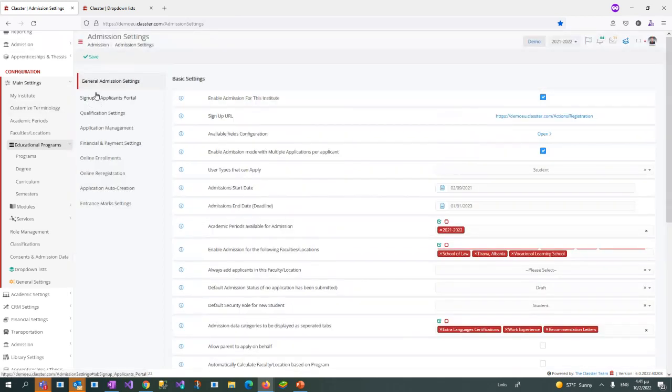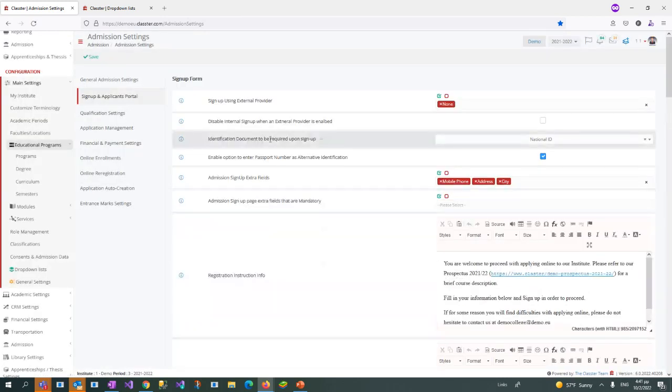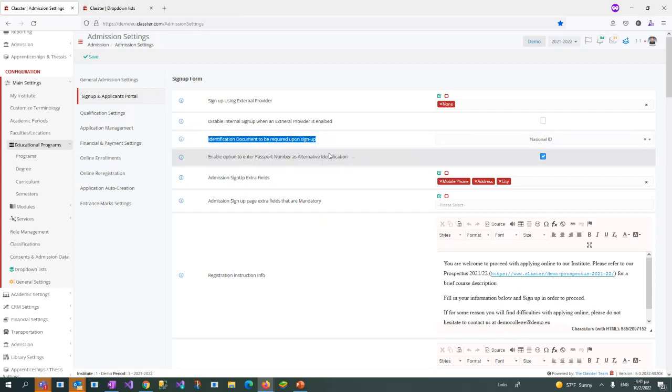Let's proceed to the sign up and applicants portal. I will not explain everything one by one, but I will explain the most important settings. So, identification documents required for the sign up. In any case, during the sign up, since all sign ups and all systems are based on the email of the user,